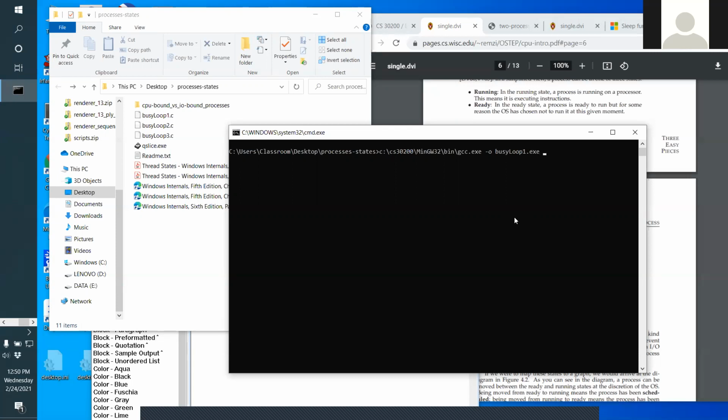Okay, so I'm going to compile busy loop 1. The compiler output should be named busy loop 1.exe, and that's the compiler. Okay, and then I'll do this for busy loop 2. Compile busy loop 2. The output should be